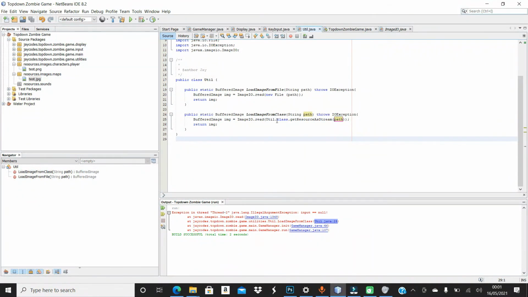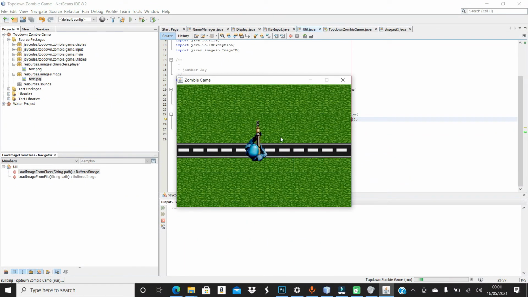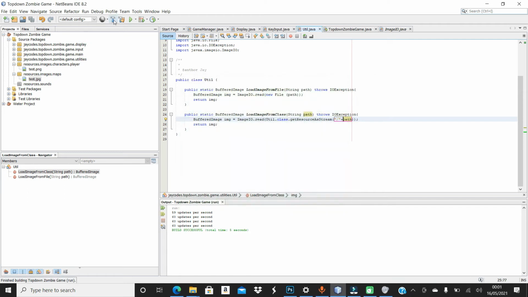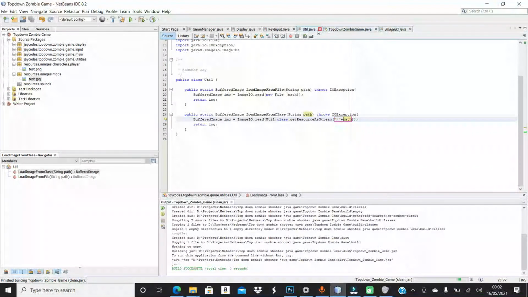Image error read util the cluster get resource stream. I think I need to simply add something like this and let us try that again. And yes, so it's working now. Now if I go ahead and clean and build this,